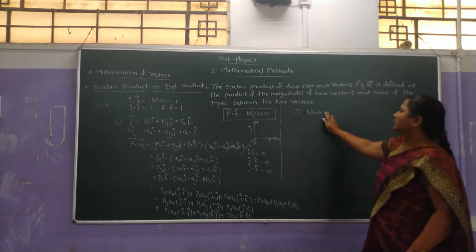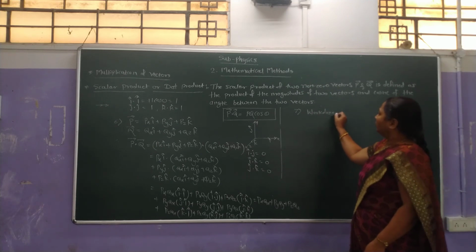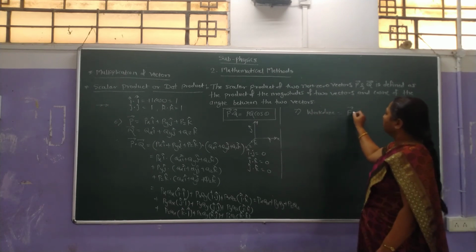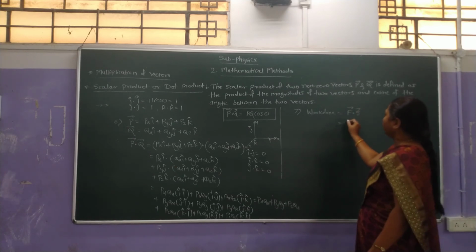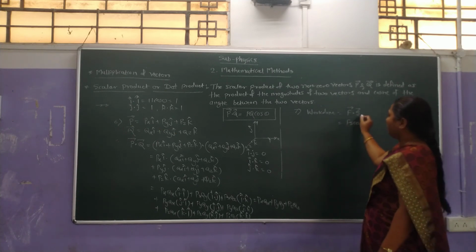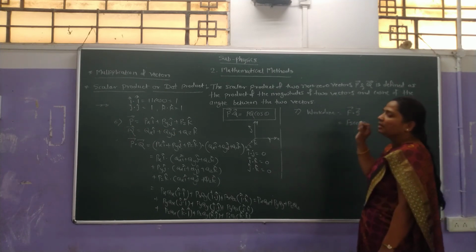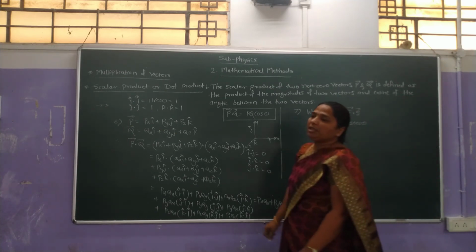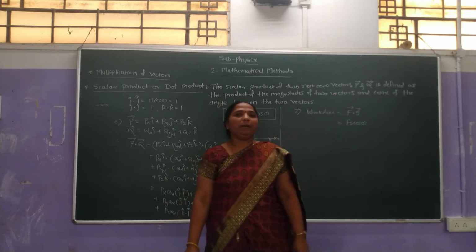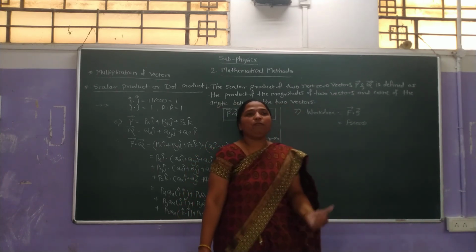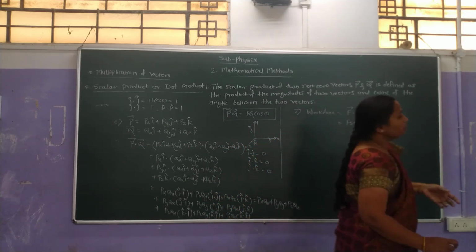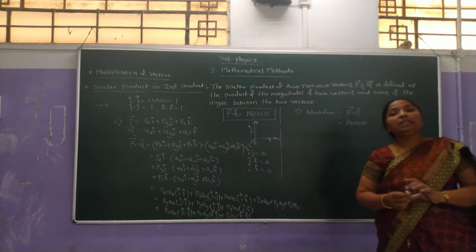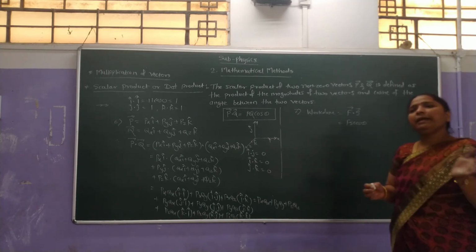Therefore, work done is equal to the dot product of force and displacement, F dot S equals Fs cos theta. Work done should be calculated using the dot product of force and displacement. Therefore, if the displacement is in the direction of force,